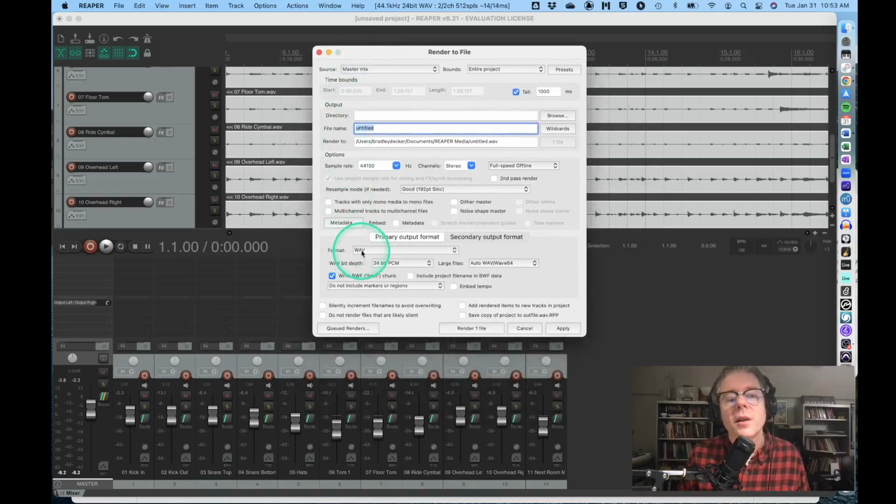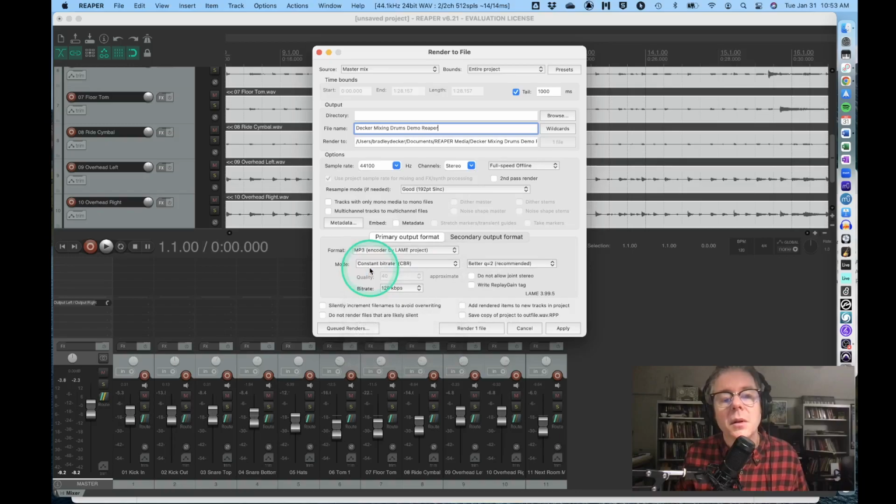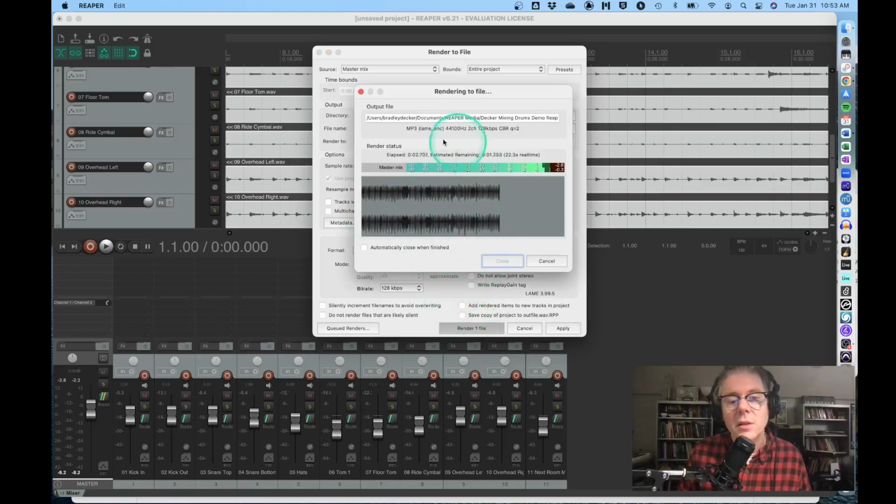And we're going to select our primary output format and our file name. So our file name is going to be Mixing Drums Demo, and I suggest using your last name and the file name. And we're just going to say it's also in Reaper for my own use. And then I'm going to say format. We're going to select MP3. And then we're going to say render one file. And it'll make all of our decisions and print it to one singular